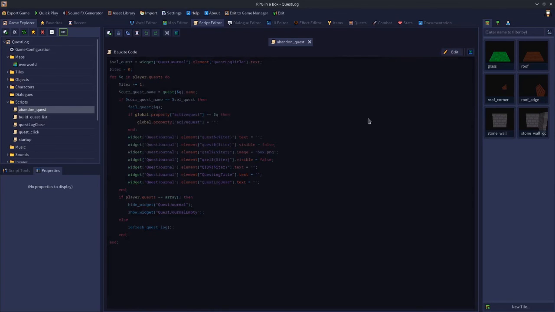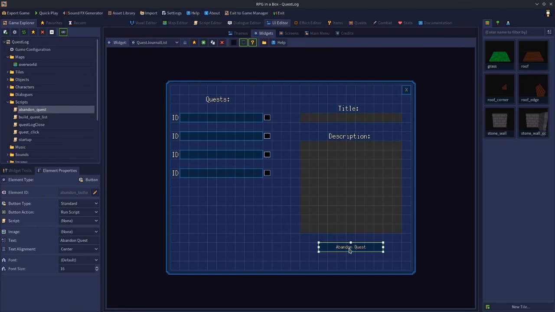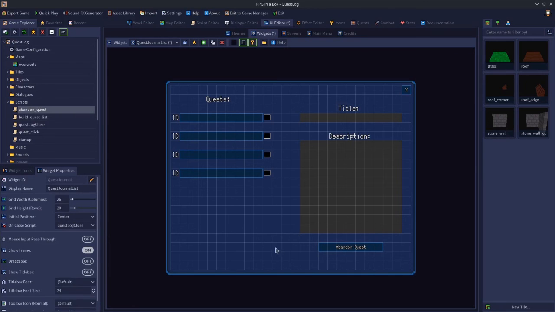Okay, so with that saved now, that script, abandon quest, can go into our widget under the abandon quest button. What this will do is look for the title that's currently showing here, find that title based on what's in our player quests array, find the ID that has that title in the quest codex, and then fail that quest, remove the text from here,